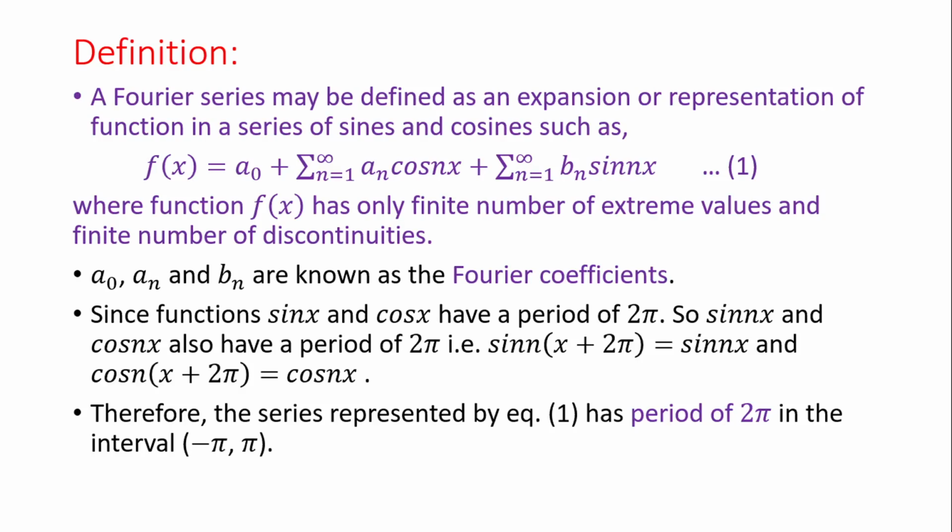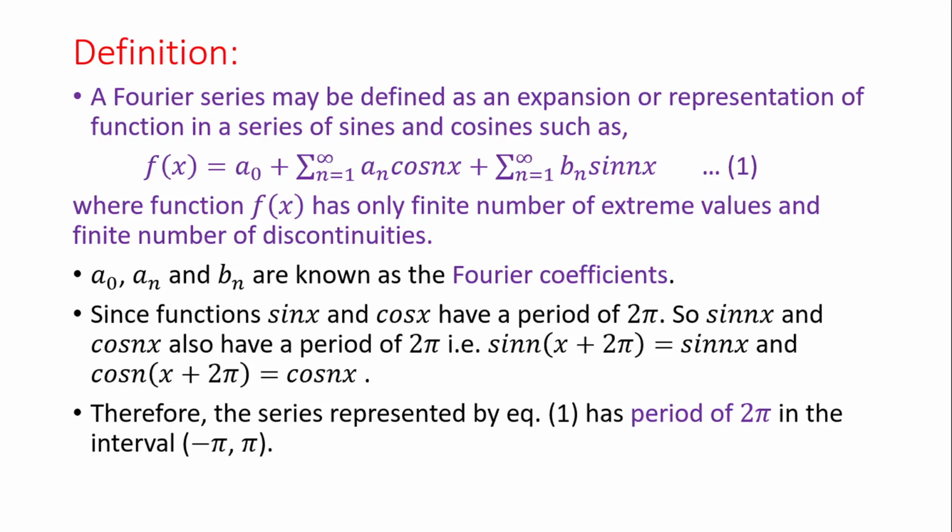So, Fourier series is simply an expansion or representation of a function. As we have called it in the introduction, a complex function consisting of fundamental tones and a lot of overtones. So, Fourier series is defined as expansion or representation of a function in a series of sines and cosines,